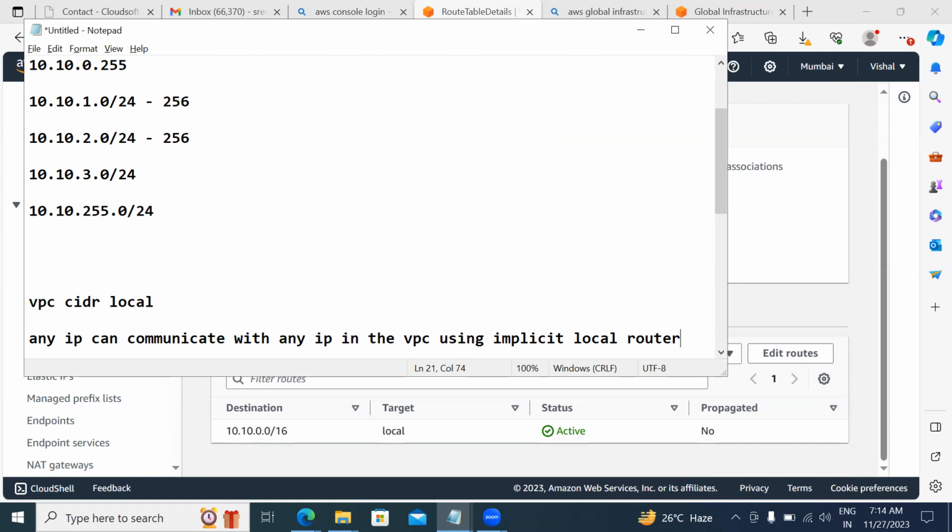So we have one zone in 1A, one zone in 1B, right? But within the VPC, with the 10 dot series, all the IPs can communicate with each other by default without doing any setting. That rule we are going to get in the route table. With that route table, what are we getting? Any IP within that range can communicate with any IP, even those that are spread across